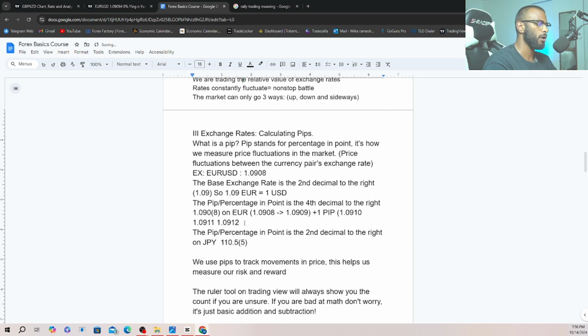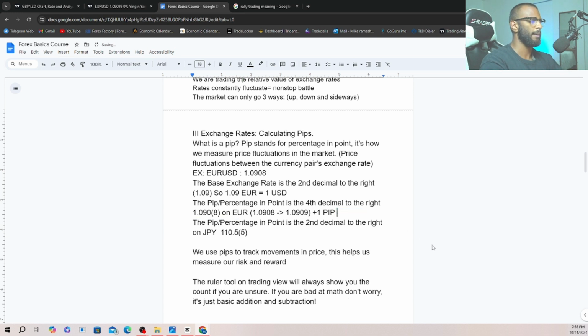1.0912, right? So on and so forth. So just trying to give you an example of how you can calculate pips. This is how you do it manually, okay? Now,